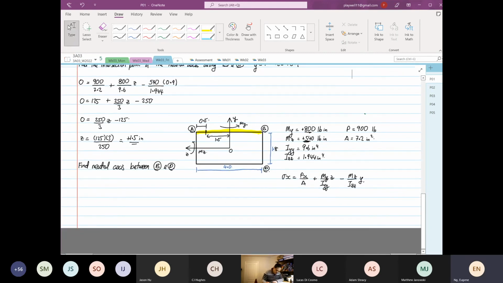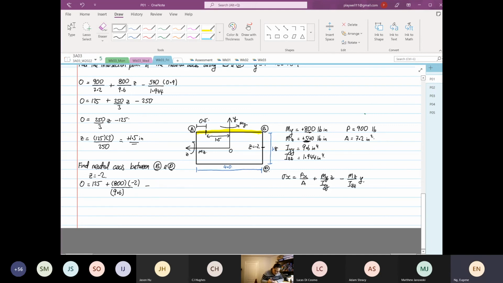Same thing, apply the formula. So 0. What is different now is that z is equal to minus 2, because BD is over here, and at this point z is equal to minus 2. So you have Px over A, which is always the same, 125, plus 800 divided by 9.6, then this one multiplied by minus 2, and then minus Mz